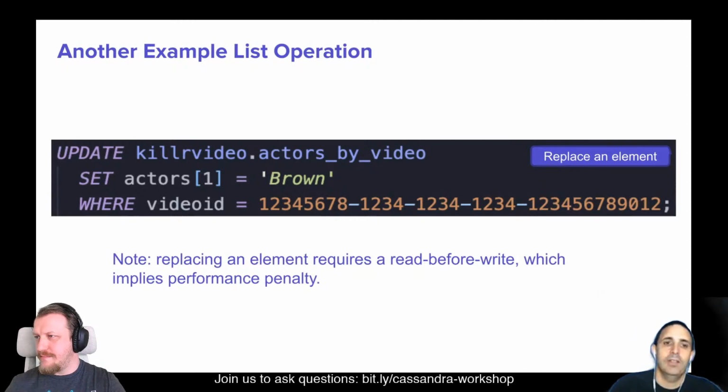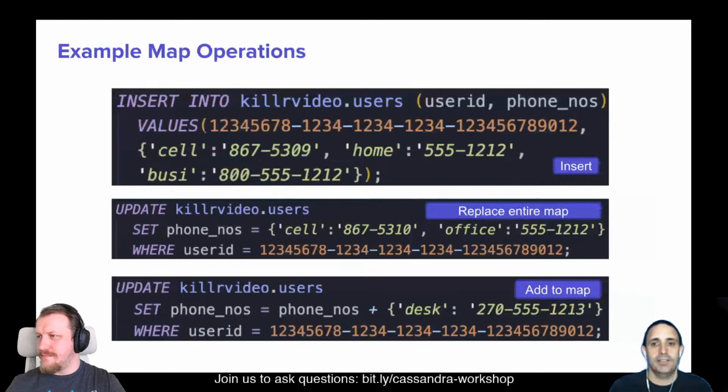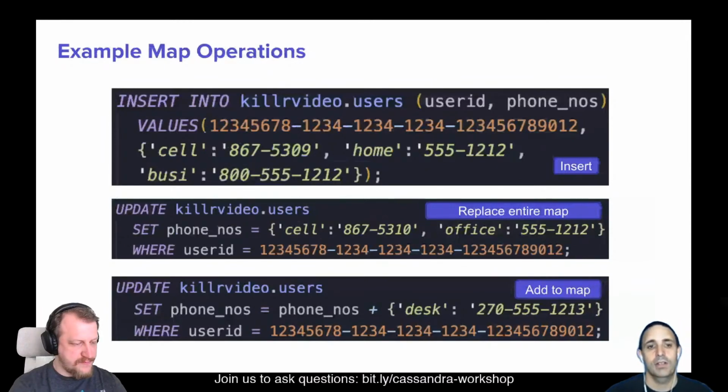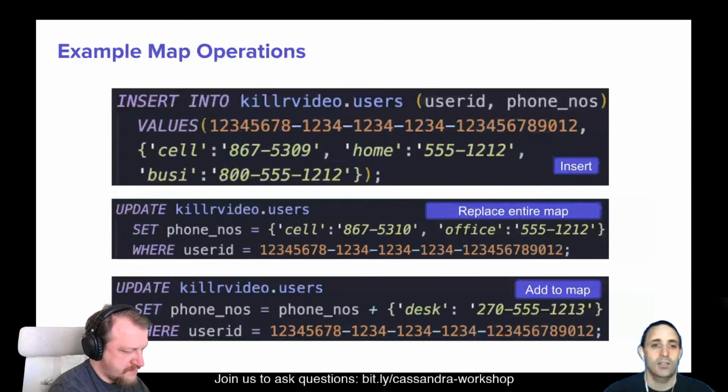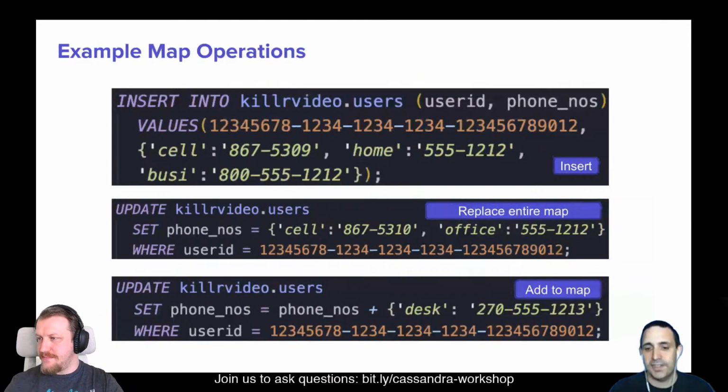Okay. Last but not least, we do have map. So map key value, not the map like the pictures on the right part of the screen. Really like Java. So you can insert using key value using curly brackets and quotes, because it's a map of text. So both keys and values are text. So using quotes, insert, update, add to map, with the plus notation, same as a set.